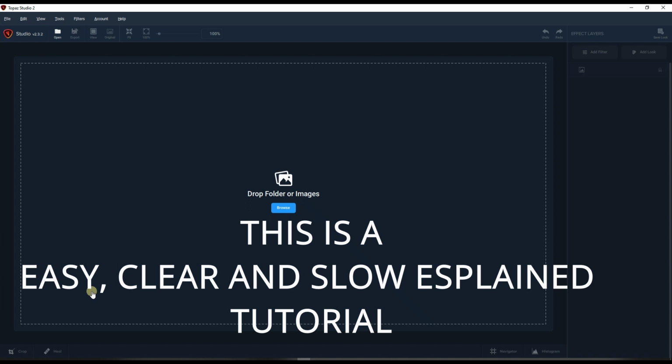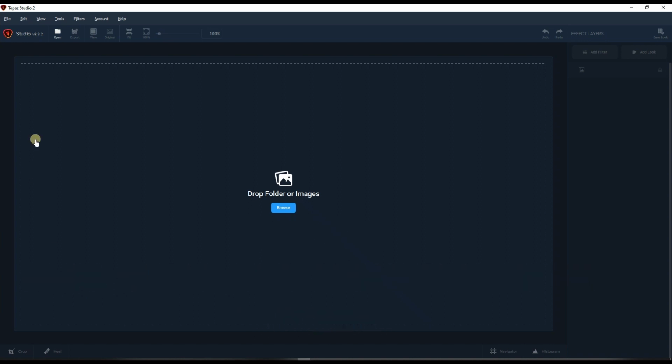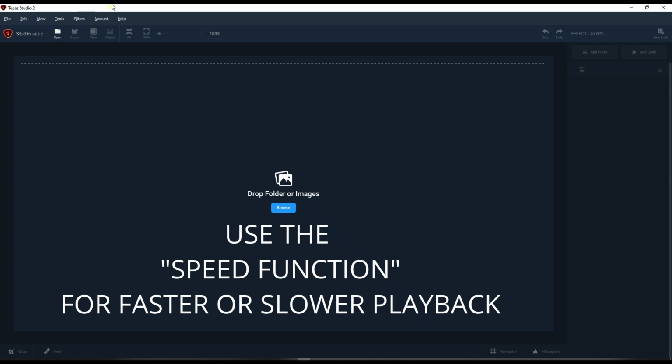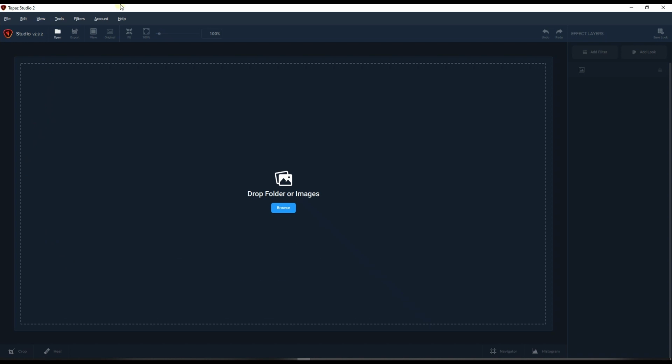In this video, I'm going to talk to you about Topaz Studio 2. Now, what I'm going to do is explain how this software functions, and then I'm going to edit a photo, and along the way, I'm going to explain the tools. Definitely I'm not going to use all the tools because this software has many, but I'm going to explain at least all the tools at the top and at the bottom,